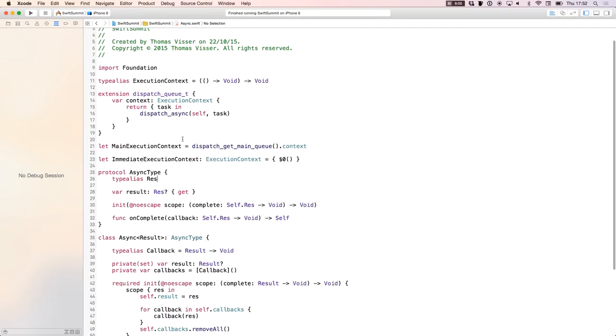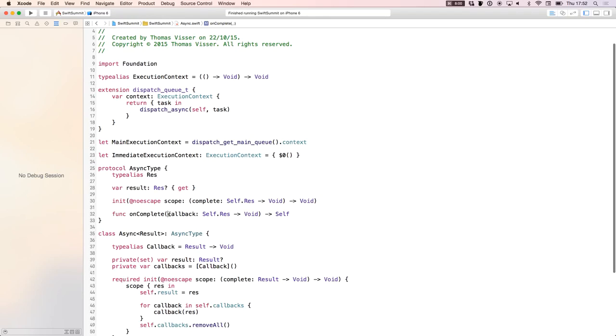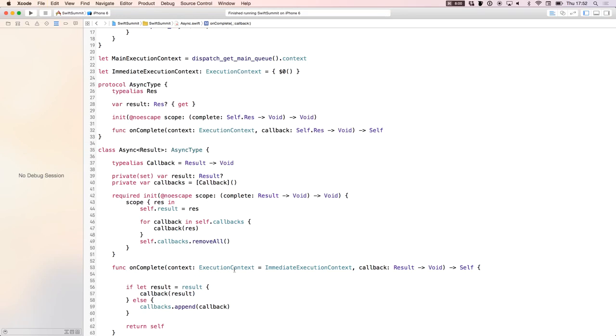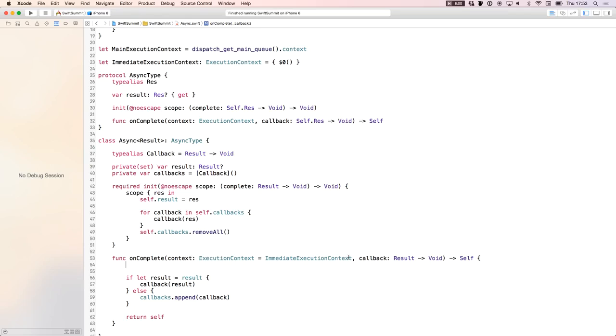Okay, so now let's add this context into the async. So for every callback that we register, we want to be able to specify the execution context, like this, and also in the implementation. By default, we'll give it the immediate execution context. So now we need a way to combine this context and this callback. We could store an additional array with contexts and then mix and match them, but that's going to be difficult. So instead, let's create a wrapped callback,